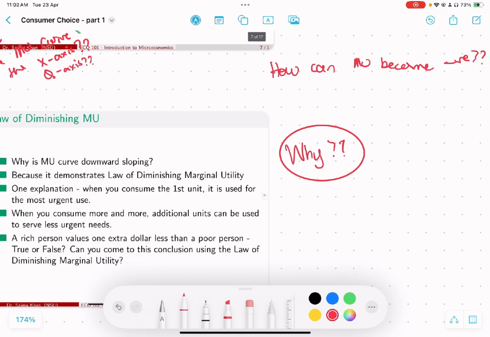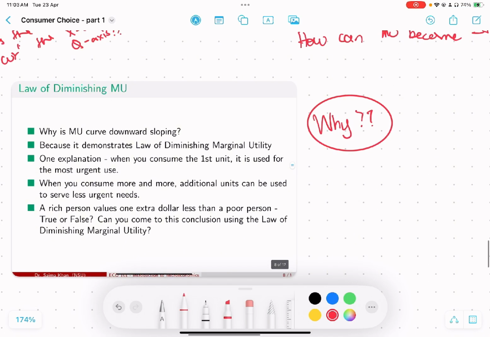But I remember that whenever those deals happened, my brother was a kid at that time. When he would get back from this iftar party, he would have terrible stomach aches and whatnot. So that's the idea, right? You are eating so much that at some point you actually may throw up. That is where your marginal utility starts becoming negative. Okay, so moving forward now, the question is